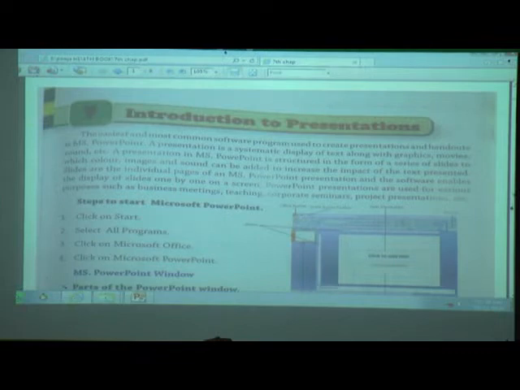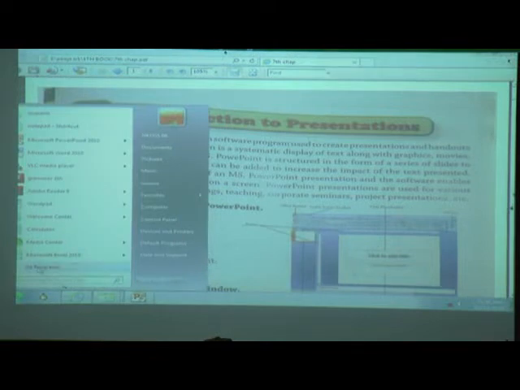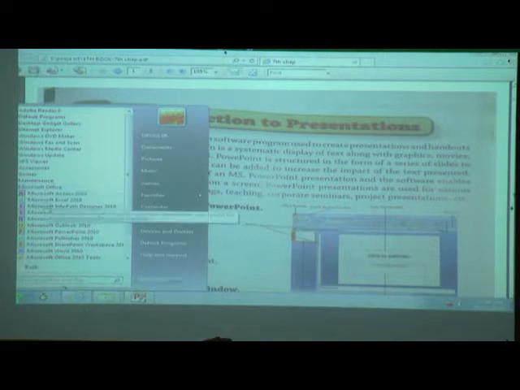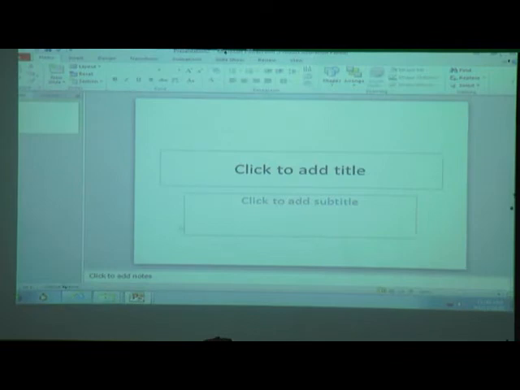Click on the start button, then all programs, then Microsoft Office, and in Microsoft Office we want Microsoft PowerPoint. Then you can see this. What is this? It is not a page. It is a slide, and we can insert a slide or delete a slide also.